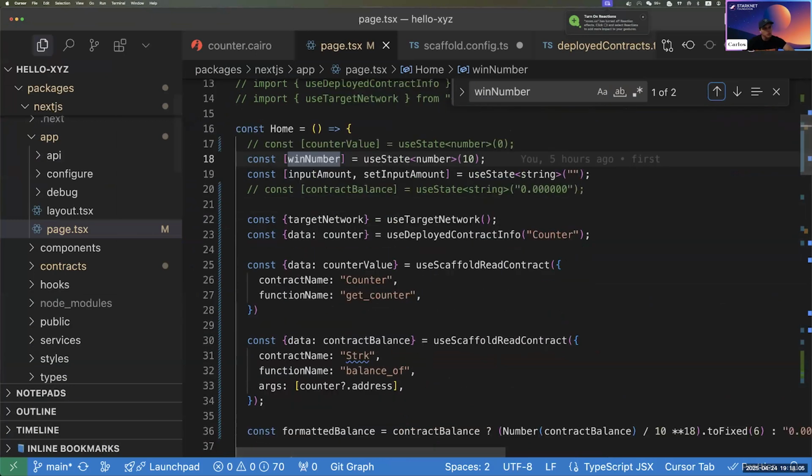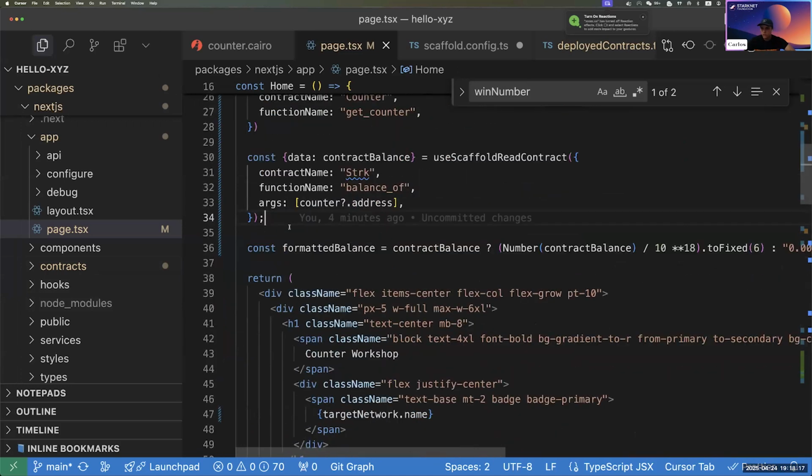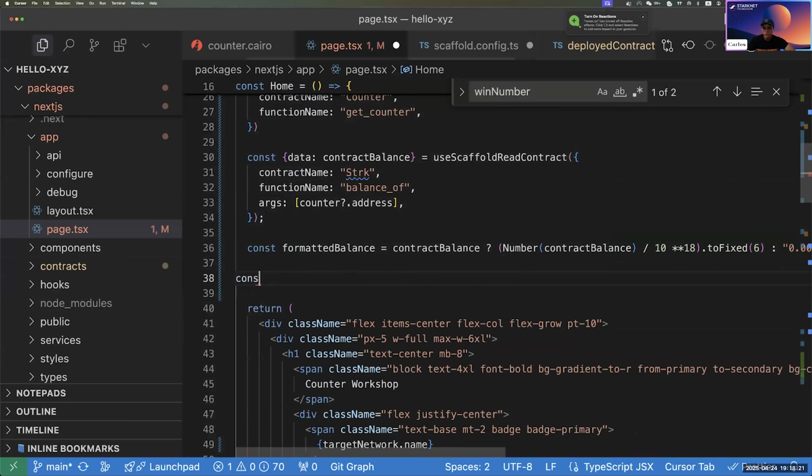Okay, so we want to add the wing number, and the wing number right now is set to 10 in the contract. It's just a constant, hard coded there. But we need to read it either way. Let's go here, and let's do another